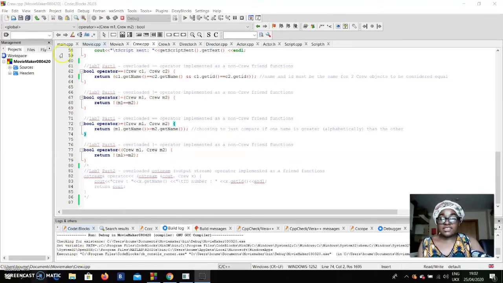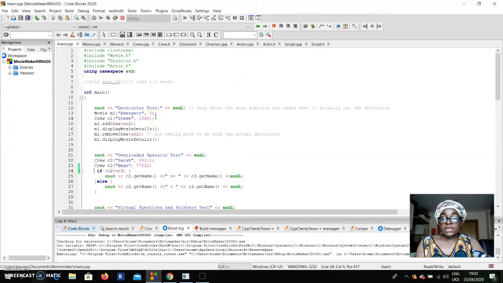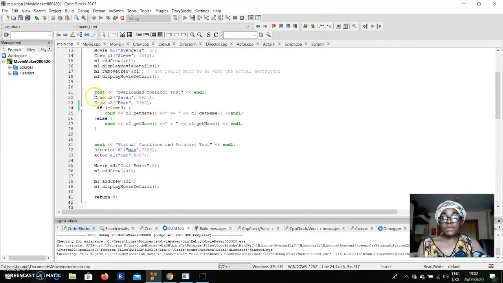So now let's test this in the main CPP file. So here we have this crew member that we created called Sarah, with her ID number, and this crew called Bean with its ID number. So now we have an if function. If C2 is superior to C3, we just have to cout that Sarah is superior to Bean, and if not,